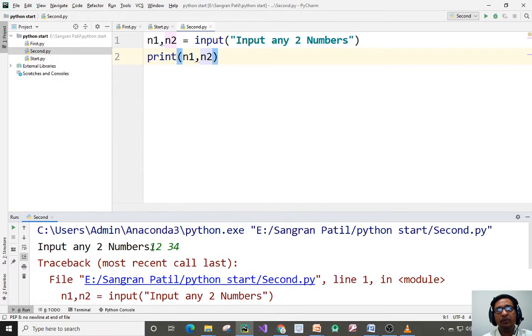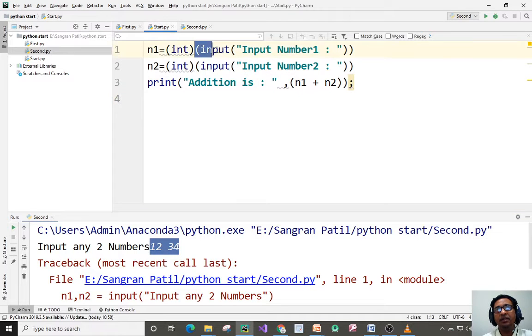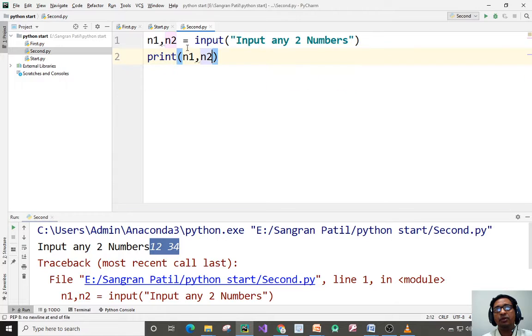We have given two values, but it takes "12 blank space 34" as one string, because as we checked in the previous example, whatever data we take from the keyboard is by default considered a string, and to convert it into an integer we have to use int. If we use only n1, it works perfectly.